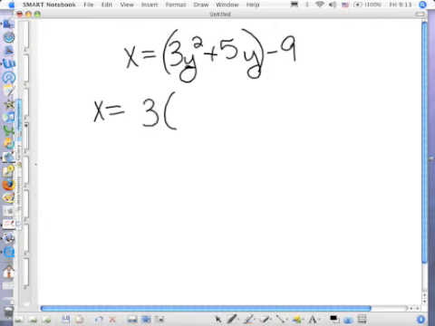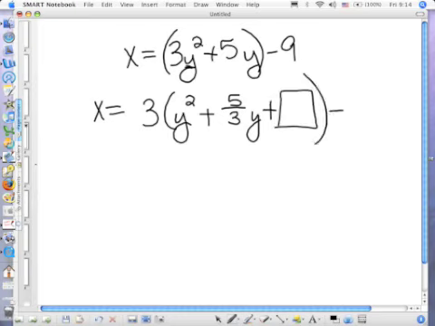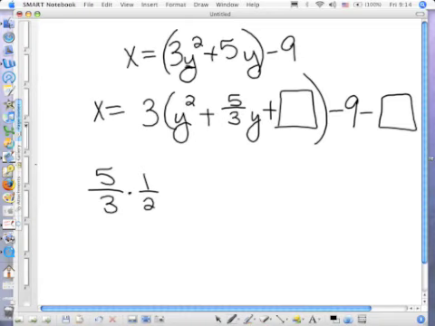Now when you're factoring it out, that's like divided. So 3y squared divided by 3 leaves you with y squared. 5y divided by 3 leaves you with 5/3 y. Okay? I'm going to be completing the square. Here's my minus 9. And I will zero it out by subtracting it off the backside. Now, we're dealing with fractions, so don't freak out. 5/3 divided by 2 is the same thing as 5/3 times 1/2, which is 5/6